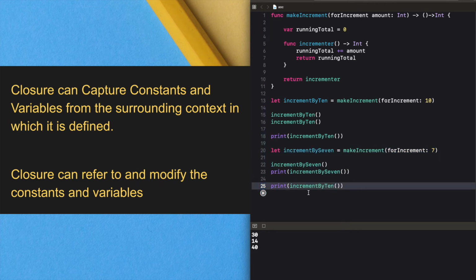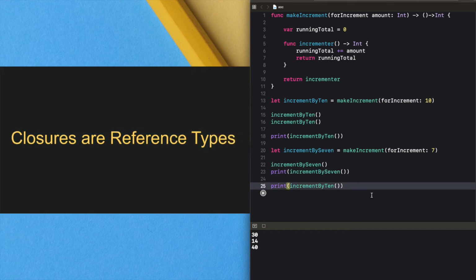It will be 40. So it does not affect the variable captured by incrementBySeven. And closures are a reference type. In this example, incrementBySeven and incrementByTen are constants, right? But the closures these constants refer to are still able to increment the running total variable that they have captured.